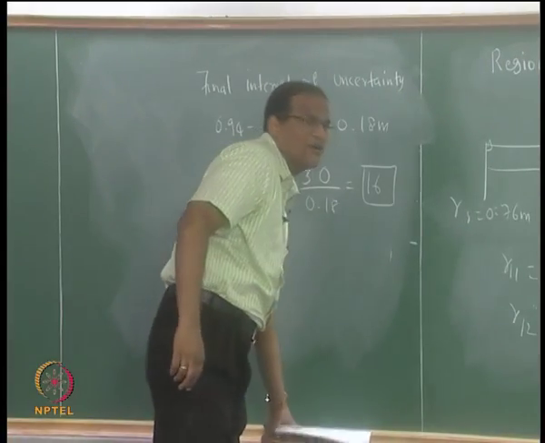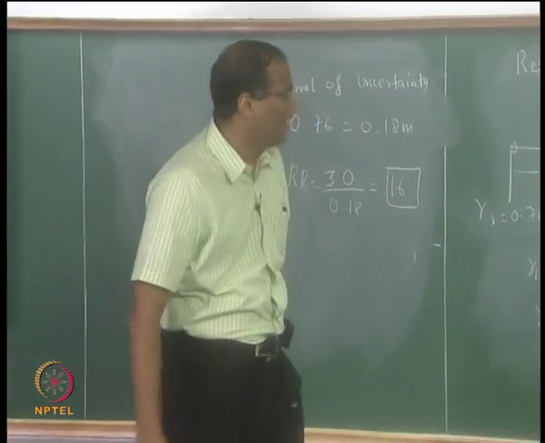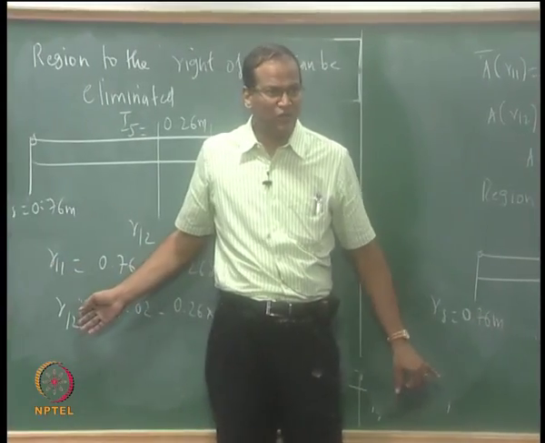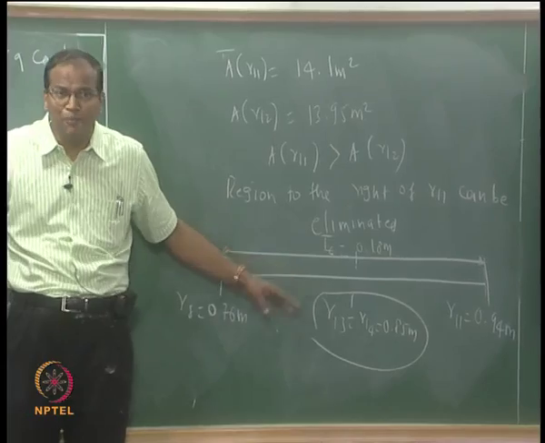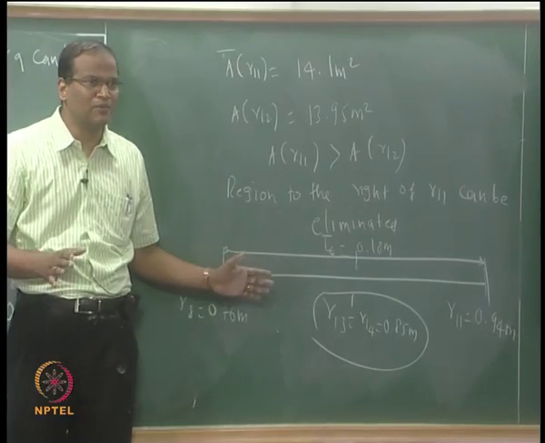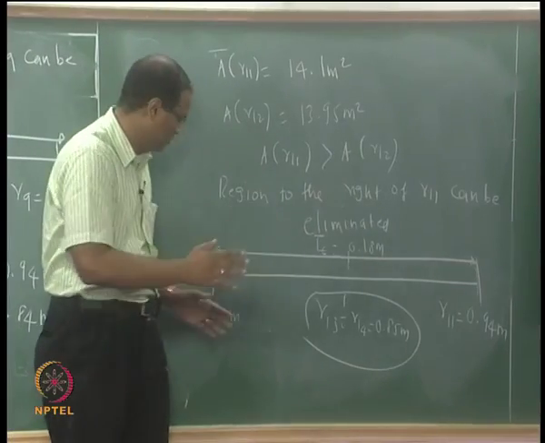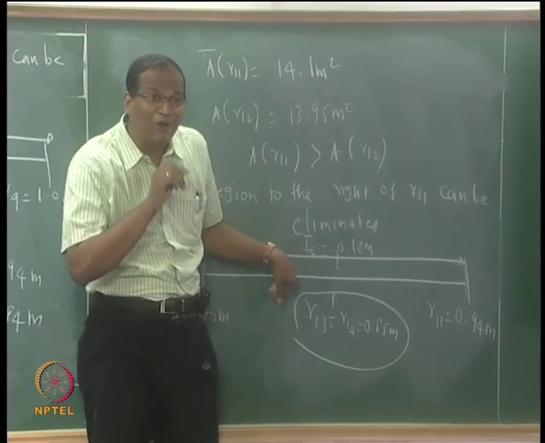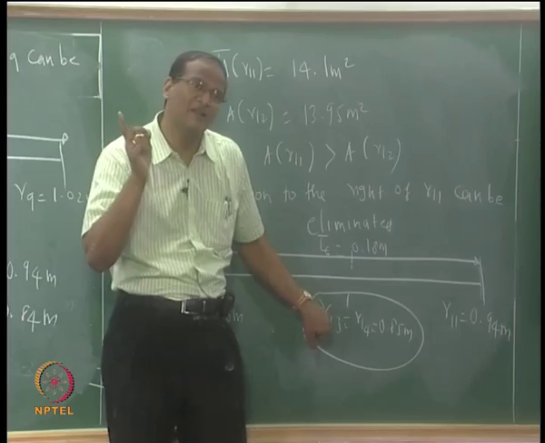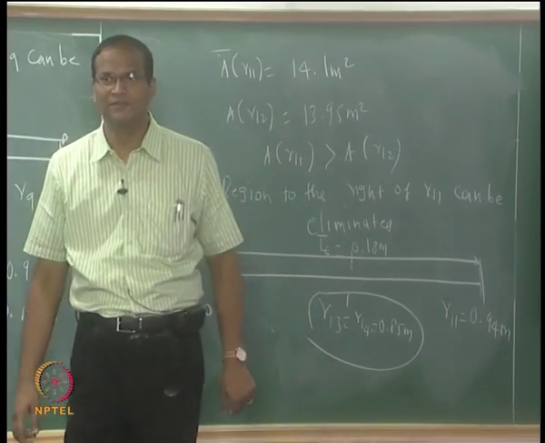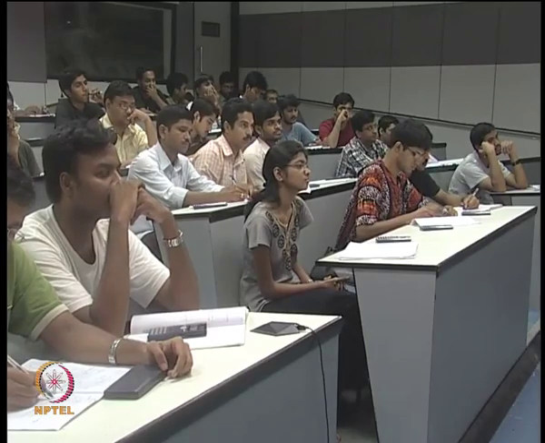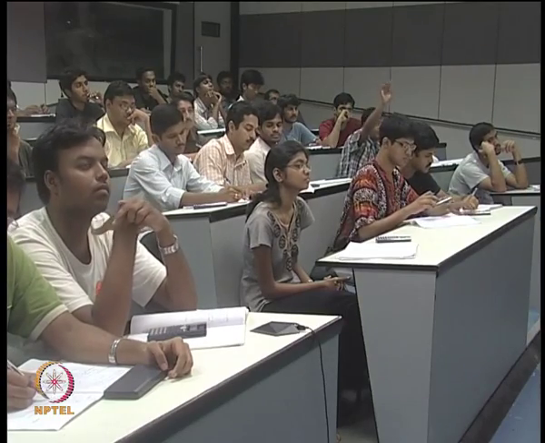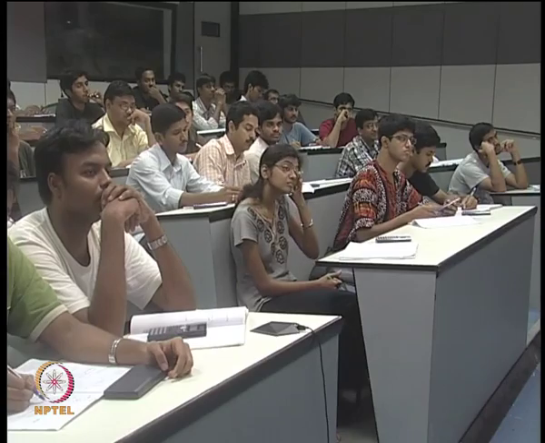But now there are some higher order searches which can do better. For example, after you have reached the center point, it is possible for you to get R13 equal to R14, which was already one of the points. If you have these 3 points, now if you are pretty confident that you have bracketed the minimum and it is indeed lying between 0.76 and 0.94, it is possible to use the Lagrange interpolation formula and have a local polynomial connecting these 3 points and then make that stationary, dA by dr equal to 0, and then it will give you the correct answer. Okay, but it is an overkill for us for a stupid problem like this, but it is possible.